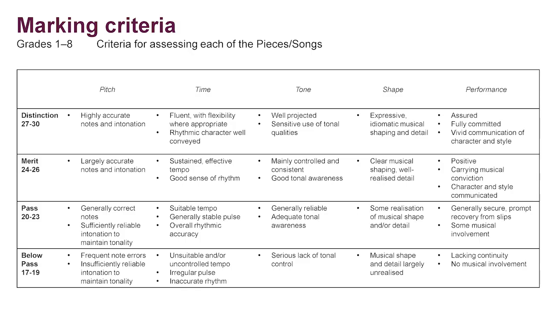So here are the marking criteria expressed in the attainment descriptor matrix mode. So along the top, you can see pitch, time, tone, shape, performance, and down the side to the left, the various levels of attainment: below pass, pass, merit, distinction. So in a way, you can dial up a descriptor for, say, performance, or for tone at merit or at